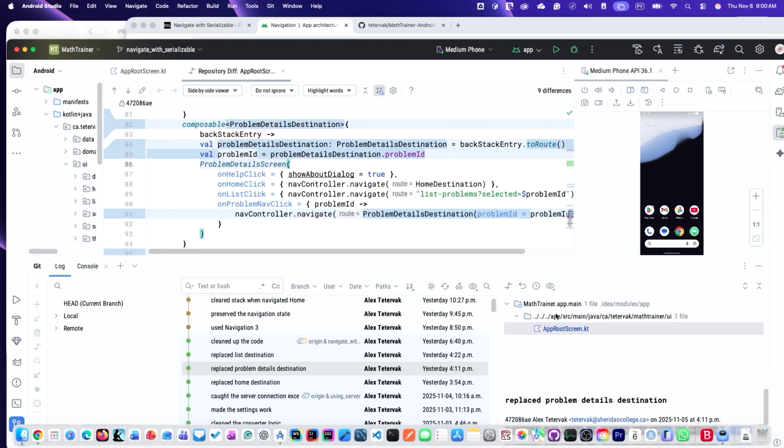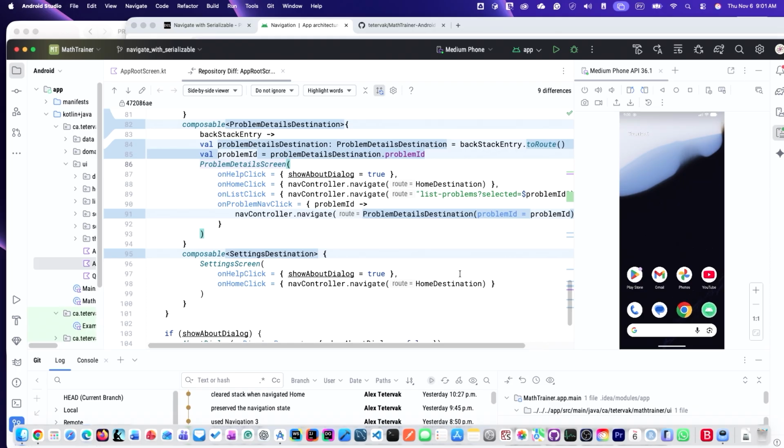It's not in the list of changes. It means the previous approach worked. I didn't change it, it works fine. So the view model is able to retrieve the parameter exactly the same way as before in Navigation 2 using serializable objects, which is good news because we don't have to rewrite the view model,